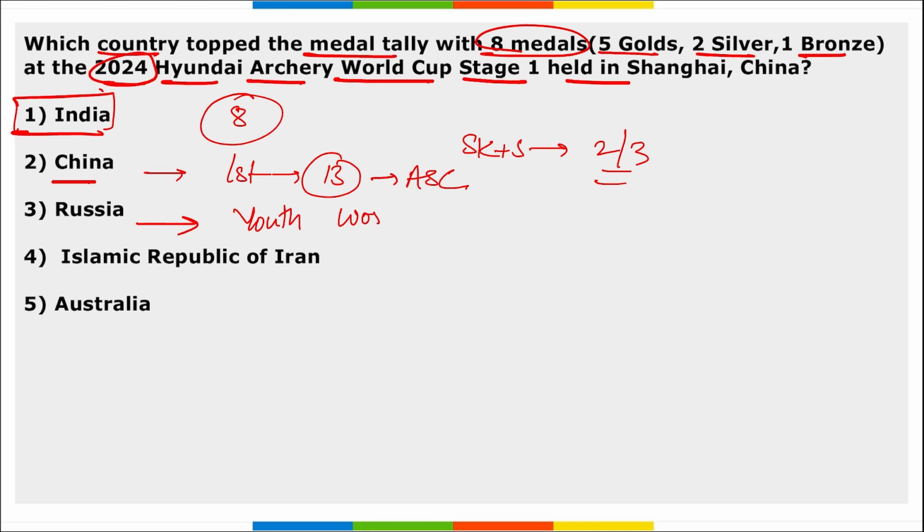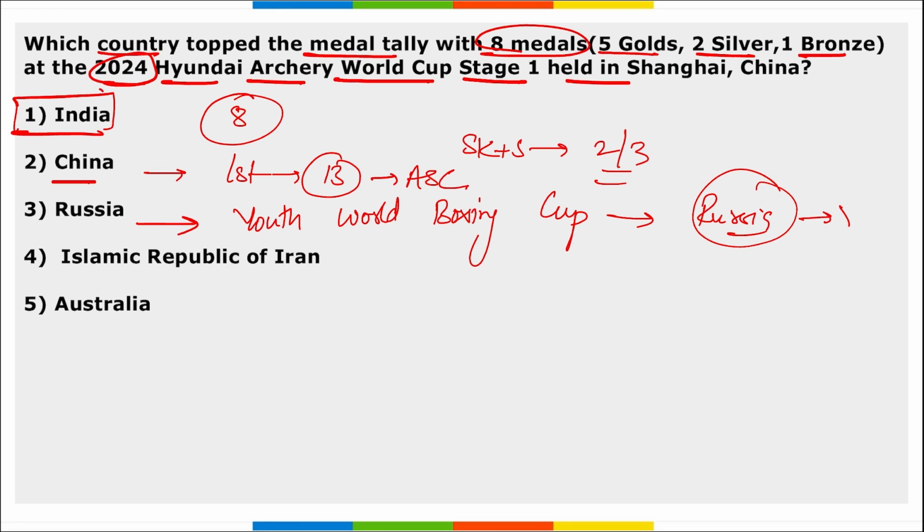Youth World Boxing Cup, right? This is for 2024. This was held in Montenegro, and here Russia has secured the top position in the medal tally with 8 gold medals. Then if we talk about the Islamic Republic of Iran, they secured the 2nd position with 131 medals in the